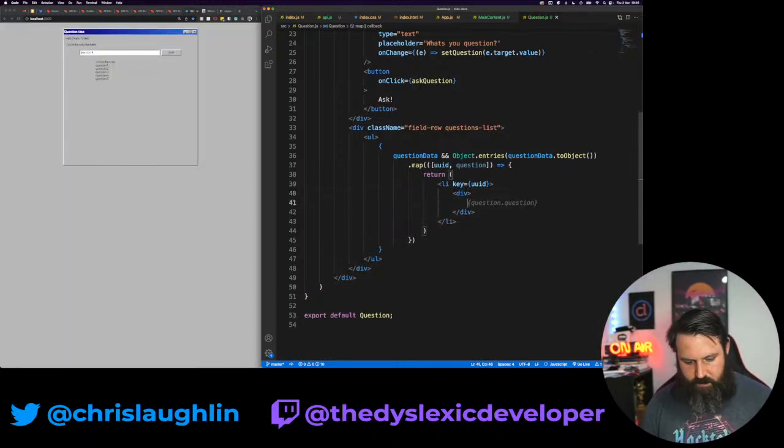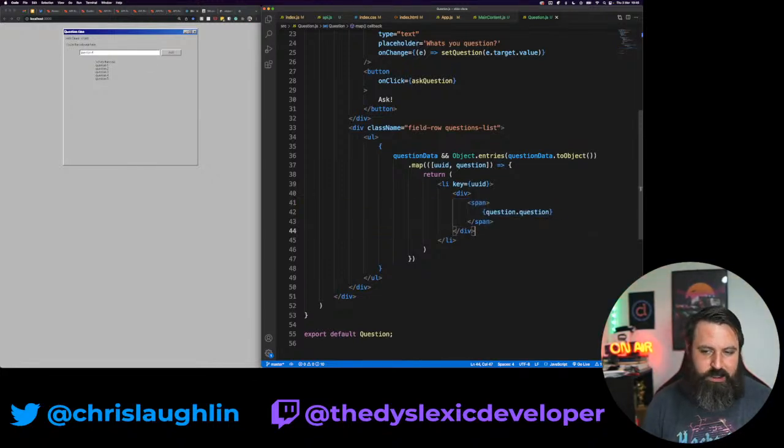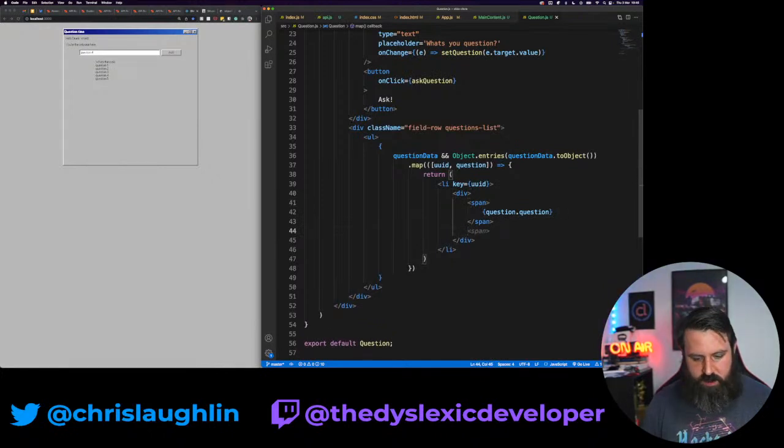If I finger type in. So we'll have a span. I could probably create a component for this, but yeah, so they're all there. We have a span, which is our question, and then another span. Don't come at me with your semantic HTML.